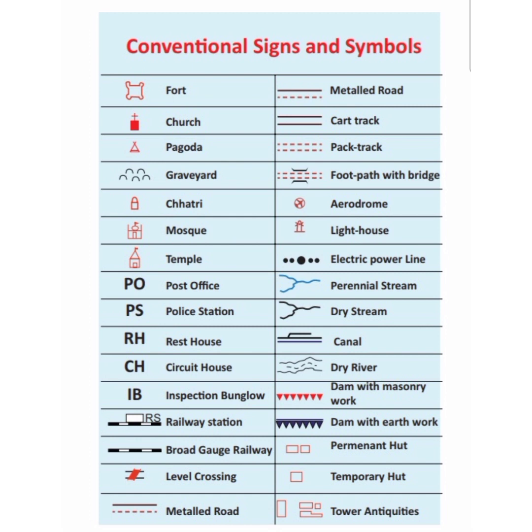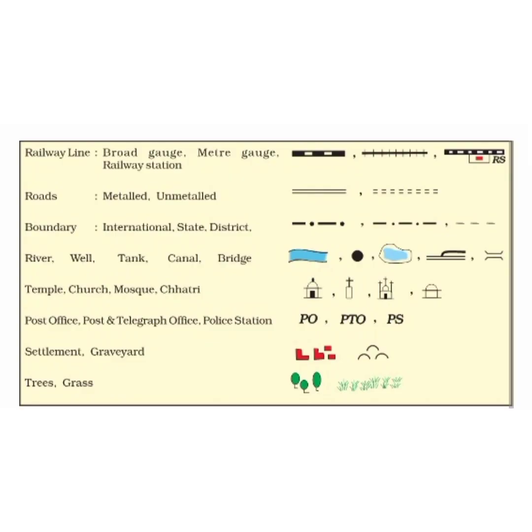Symbols give you a lot of information in the limited space because you cannot draw everything on the map. So the symbol helps you with the limited space. It helps you a lot. It gives you important structures and landmarks on the map. As you cannot draw everything on a map, a symbol is helpful regarding all these things.